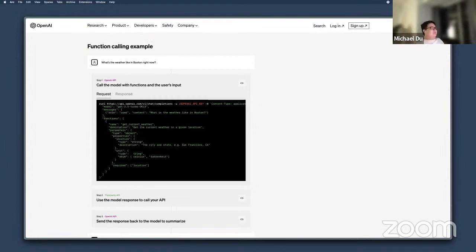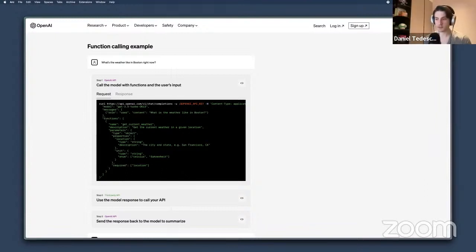There's one question though. This is the message that's being sent to the API, right? So how does the developer define the functions beforehand?